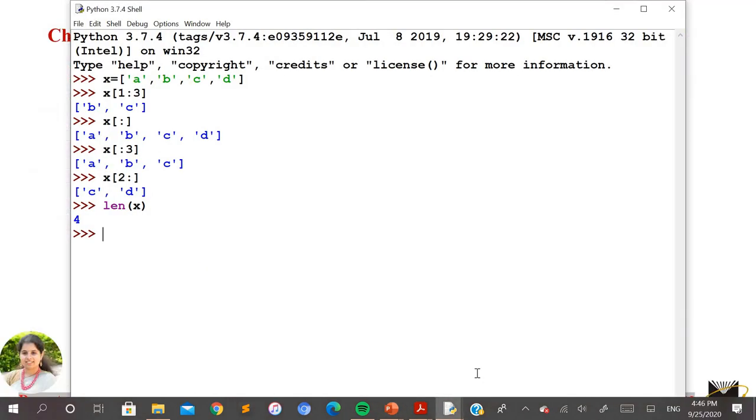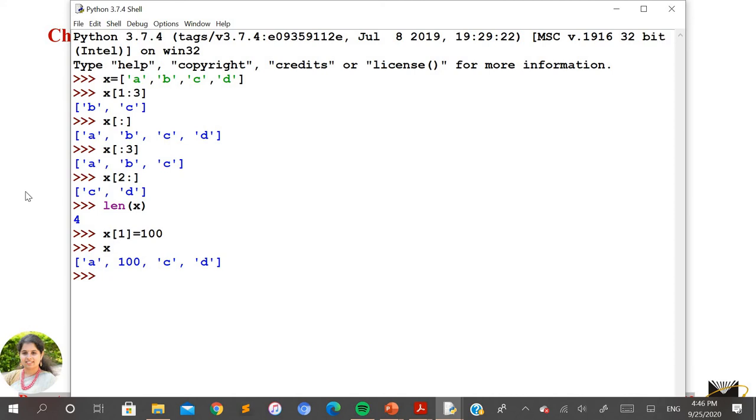So let's see here also. You can see A, B, C, D are the elements in the variable X. I just want to change X of 1 is equal to 100. So let's see what happens. I'll press enter. You can see you are not getting any error. That means the value at index 1 is stored with 100. But already at index 1 you have the value B. That means this is going to be overridden with the 100 here. So let's see X, type enter. You can see here A, 100, C and D. That means the B is replaced with the 100. So for which it is considered mutable.